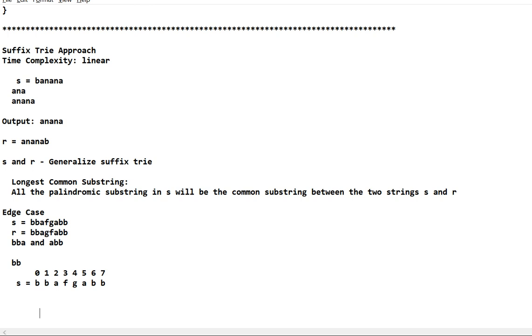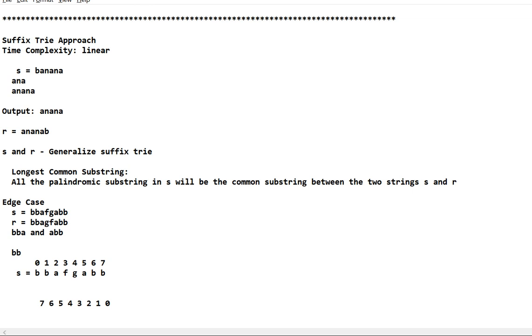The reverse goes from index, I mean, here you have to take the original indexes which are there in the S for the reverse. So reverse will be 2, 1, 0. Okay. So now for the reverse string, it will be B, B, A, G, F, A, B, B. Okay. So now when you find this BBA and BBA as the longest common substring,